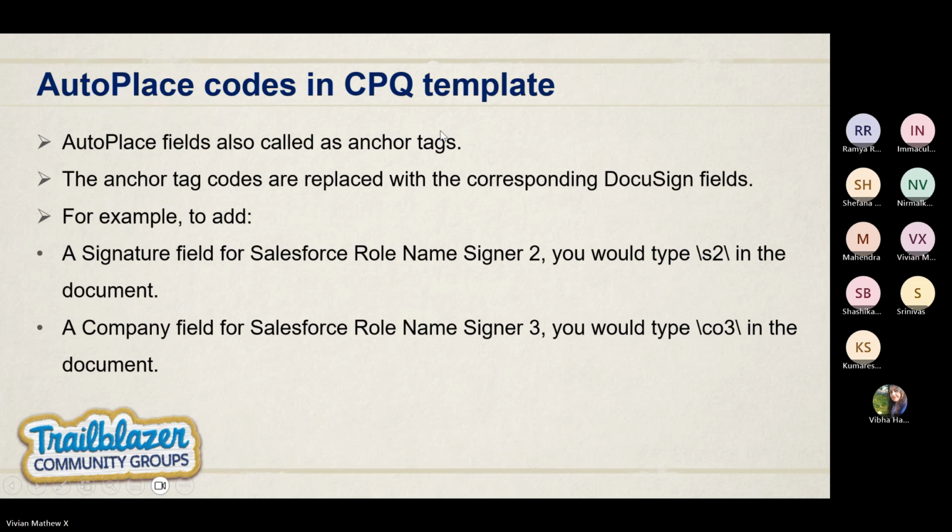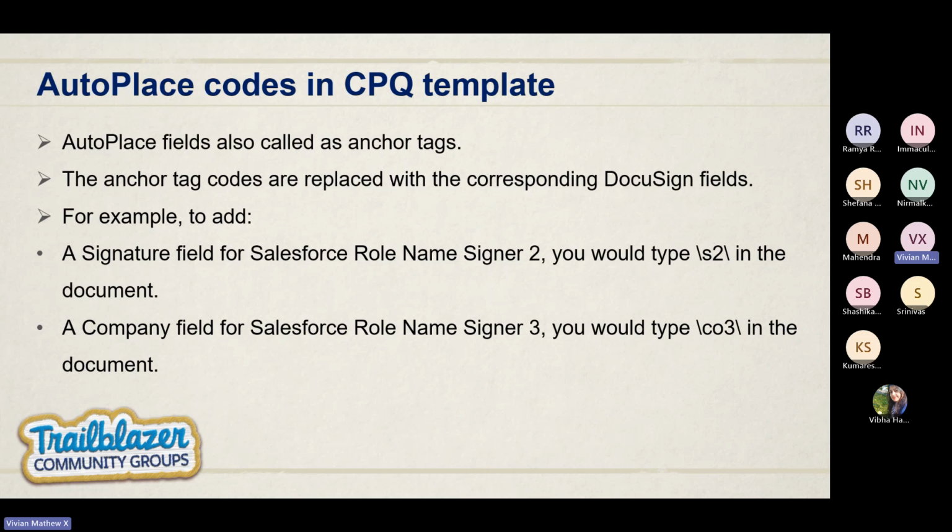So these are anchor tabs that are available with DocuSign. It's quite developer friendly, and it will save your time for sure. For instance, like in an Excel, from the first page you can map a column and use it in your third sheet, right? Similarly, from your Salesforce org, you can take any information from the quote, especially the signer or signee details or the account name,